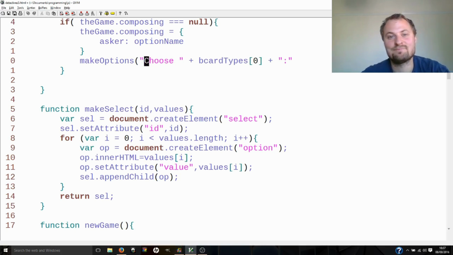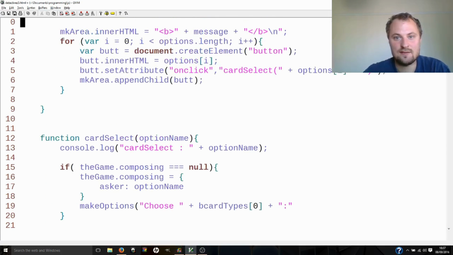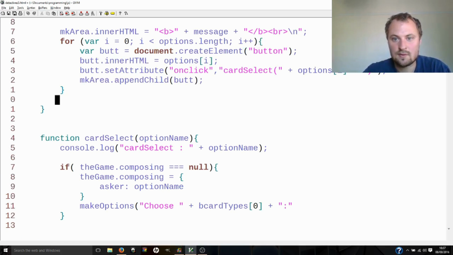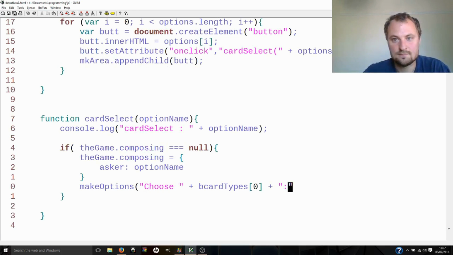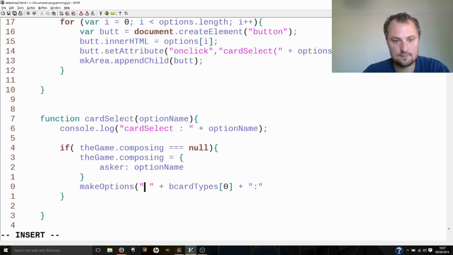I'm going to put an actual BR down at the end of this to actually say, oh, we can totally do this. Layer space, plus option name